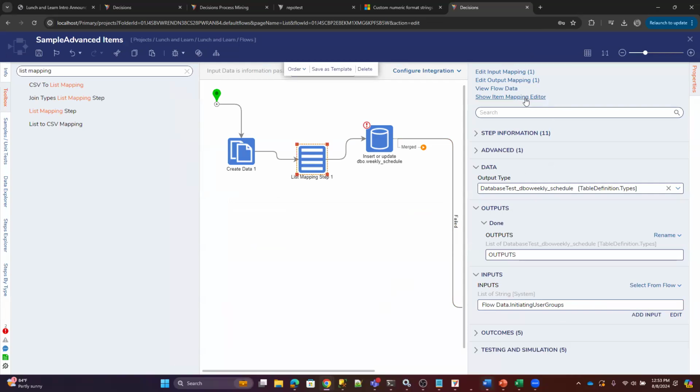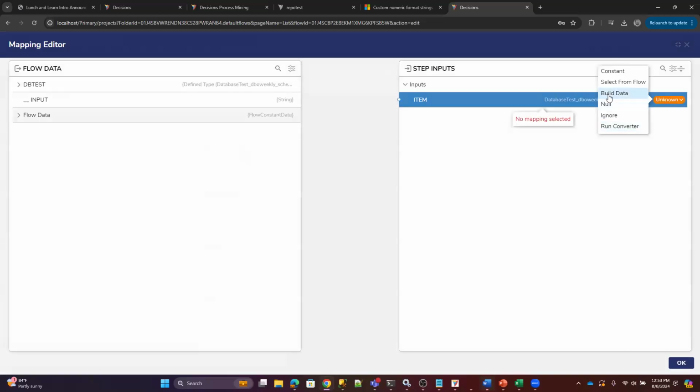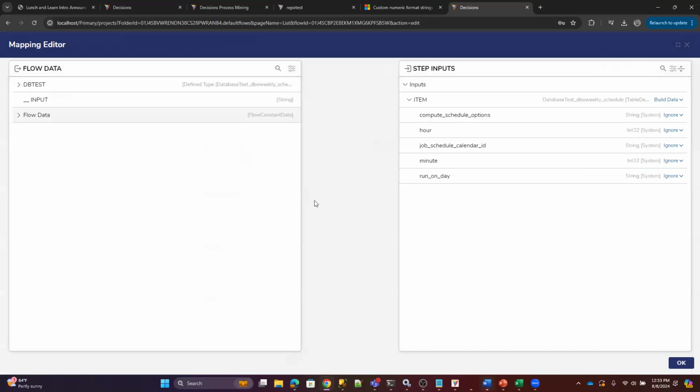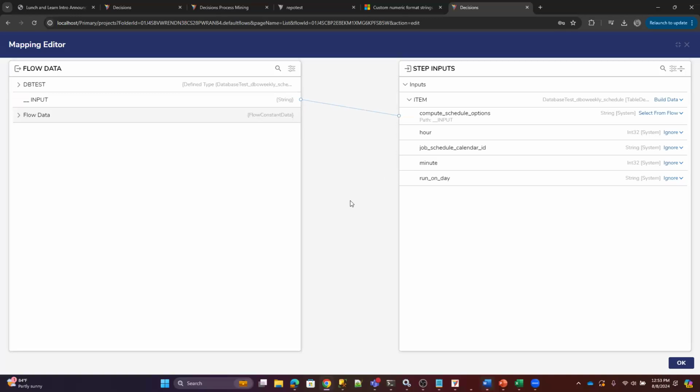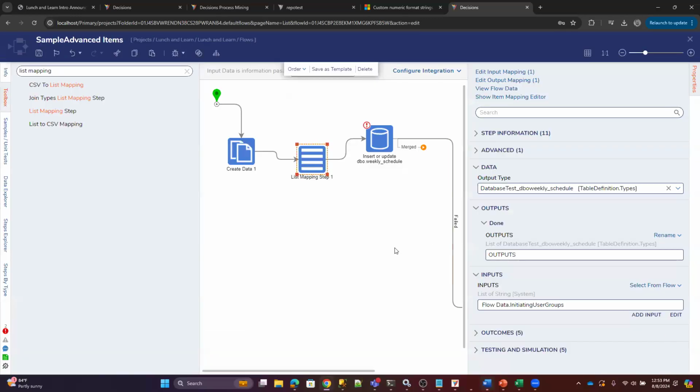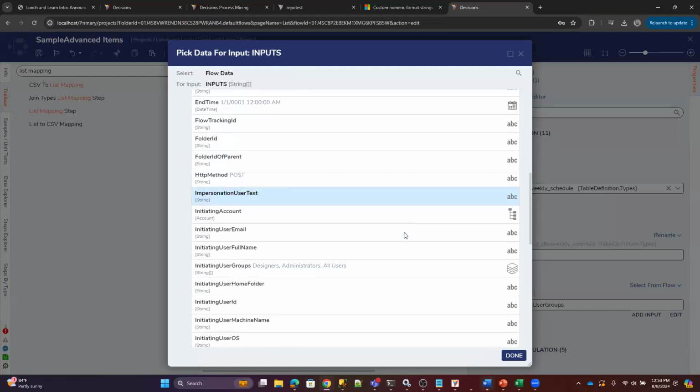Then once you do this, the step is going to have the show item mapping editor. That allows you to say, okay, if I have the input of string, so one string variable, and then build data on your item, and then you can map in whatever value it corresponds with. In this case, we just passed in a list of strings, but if we passed in a list of accounts or a list of your other data type object, you can build data on it, and then you can map the corresponding properties to that specific